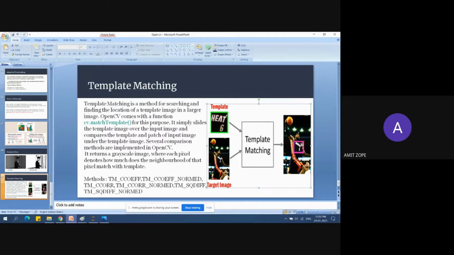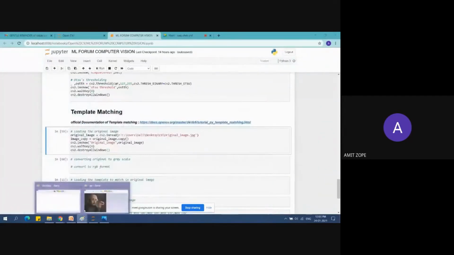Template matching is the technique used for doing this type of matching. This is the template, and this is the target image. You match this template in this target image.